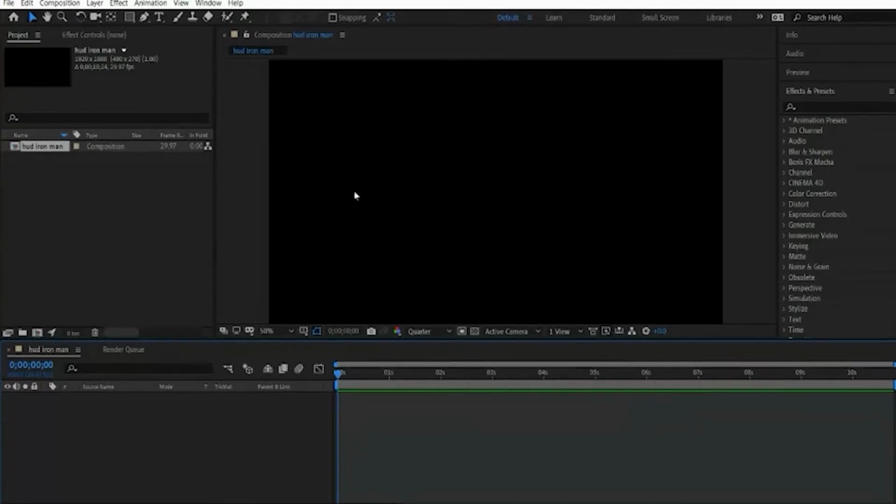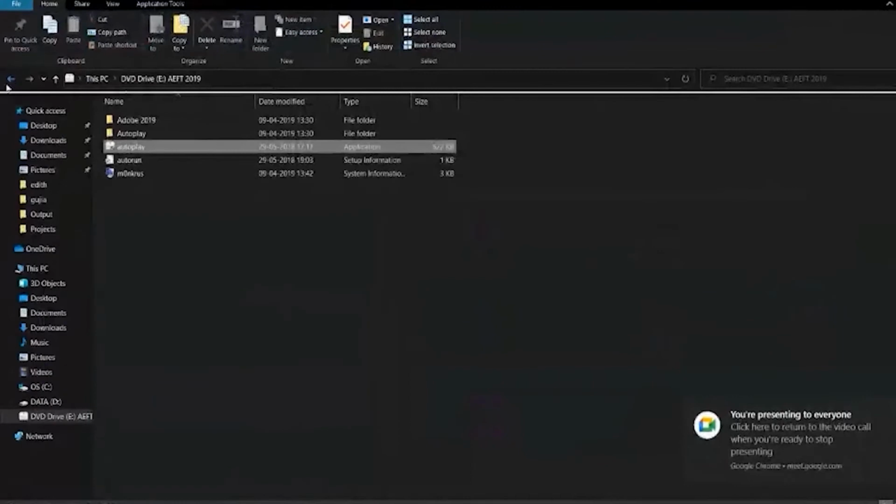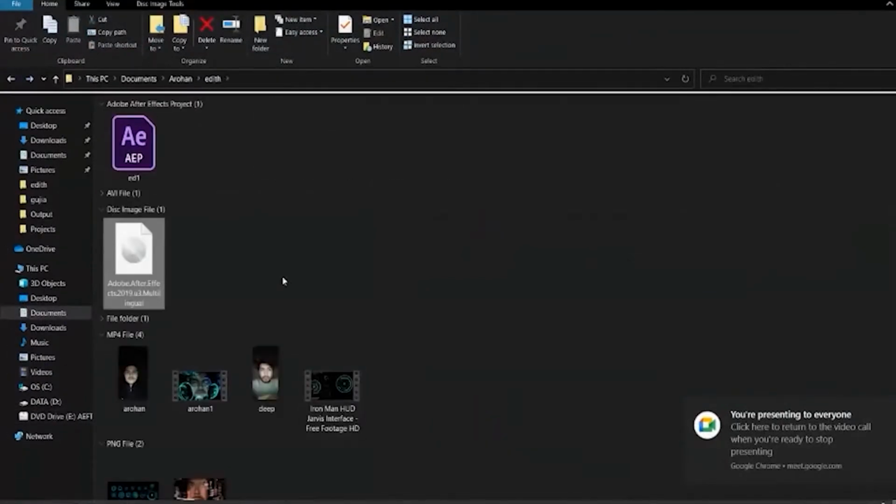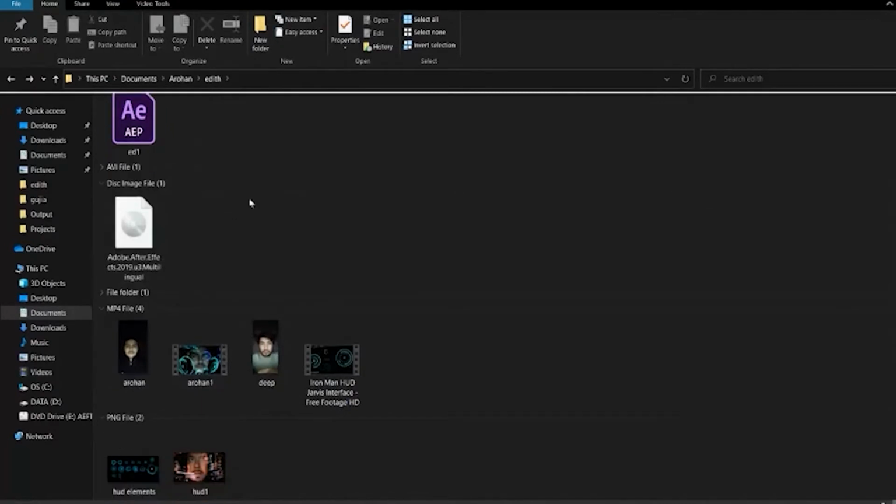Now we can start importing all of our materials in here. There are many methods, but the simplest way is to just drag and drop all of your videos. Wherever you have downloaded all the resources, just go to that folder. Like I have downloaded the videos in the folder called Edith.